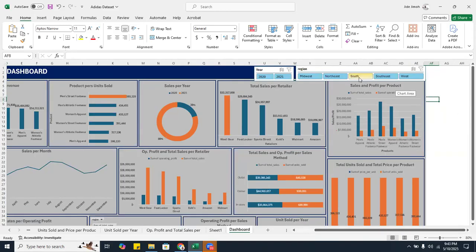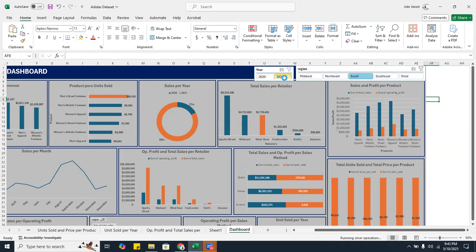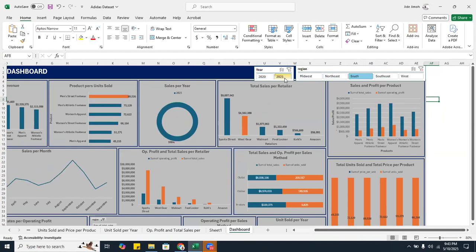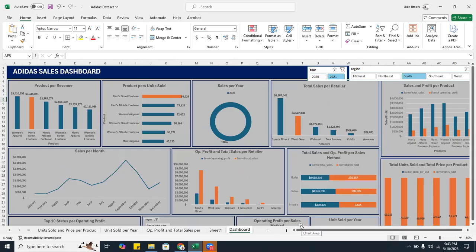choose South. And then I'm going to choose 2021. Now, what you are seeing on your screen is for the Southern region in the year 2021. So you can see how I can get multiple analysis from this slicer. So that answers your question, Ayobami. You can have more than one slicer on your